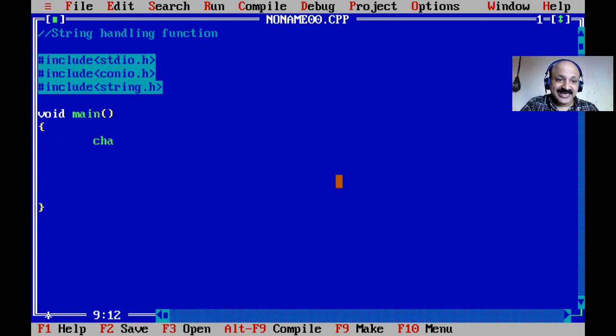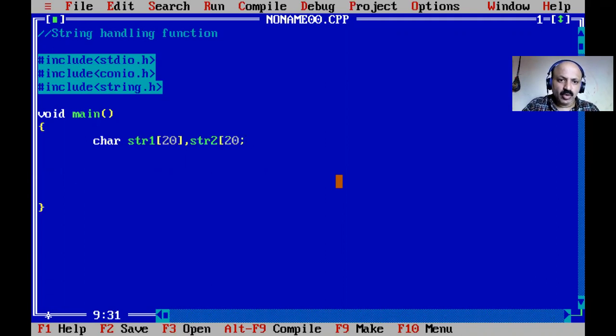Here we take a character array str1 of 20 characters. In C and C++ there is no string or boolean data type, so we take the help of the inbuilt character data type, a derived one dimensional array. Then the second, str2, also 20.